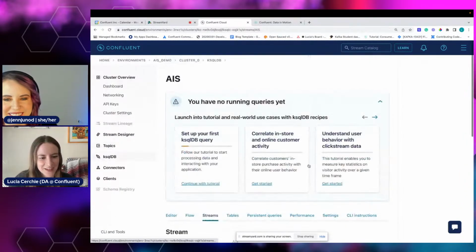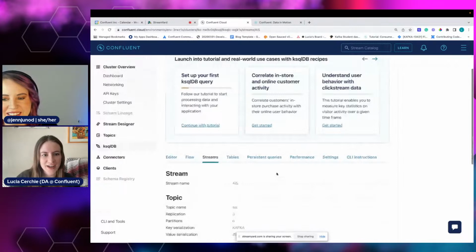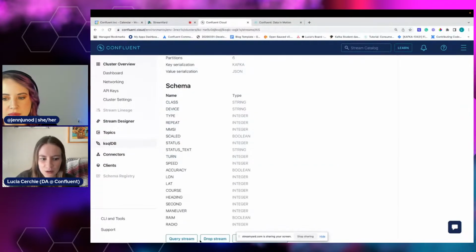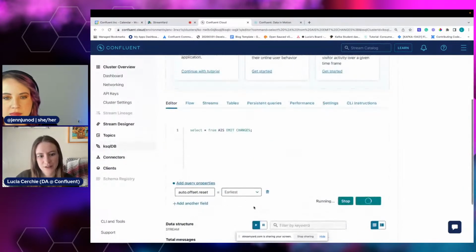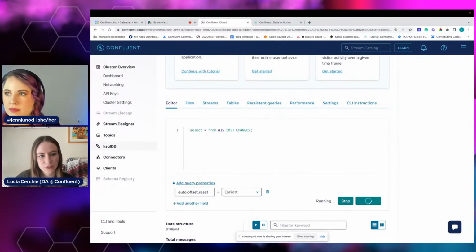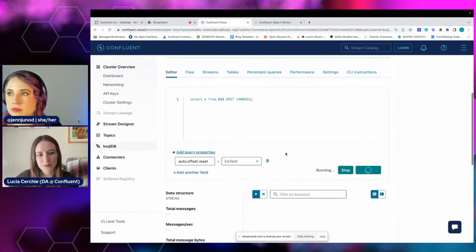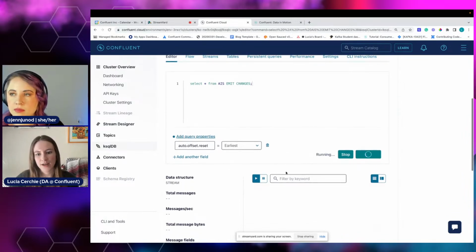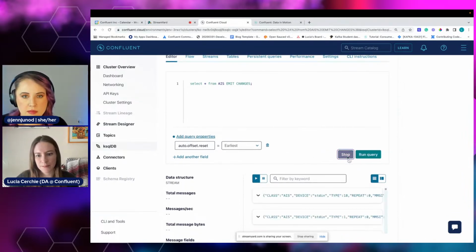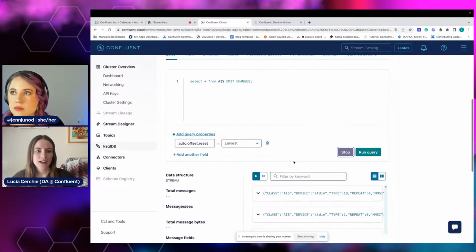So this is our AIS stream, and we would like to query it and see if it works. This looks like SQL: select star, which means all of those columns from the AIS stream. Emit changes means it's going to be picking up all of the changes in that topic as they're piped in.